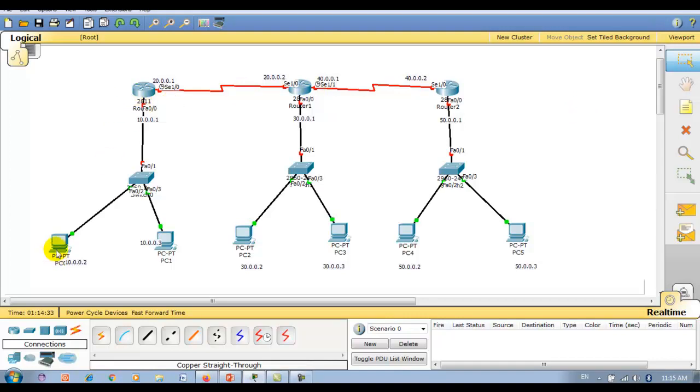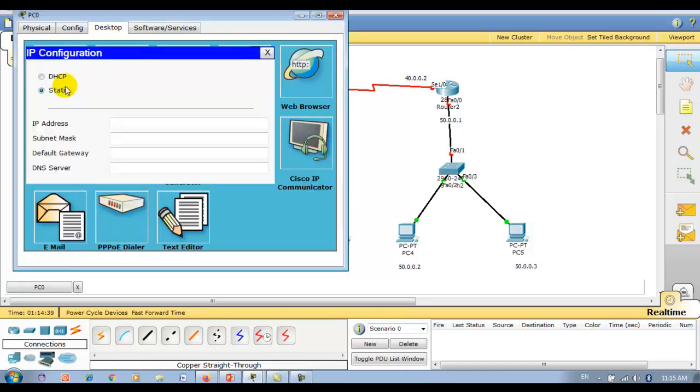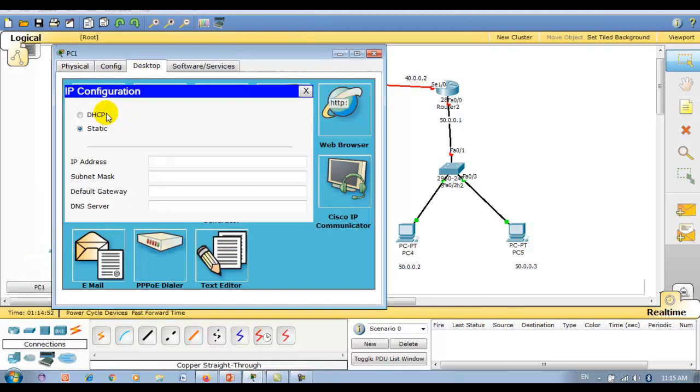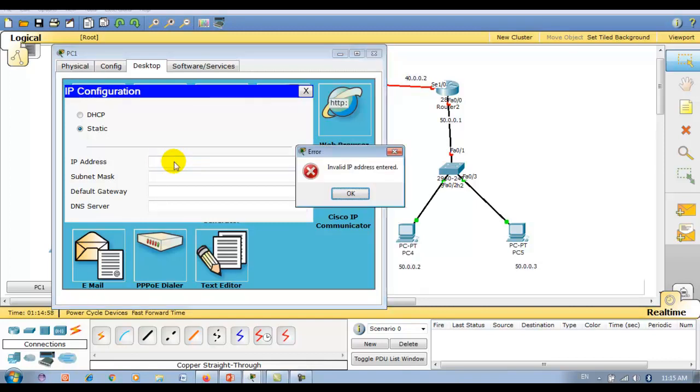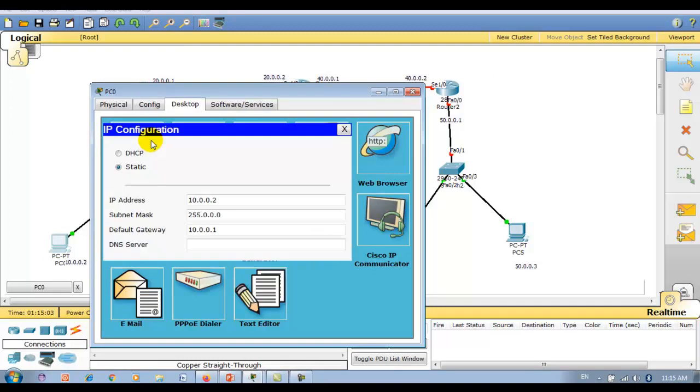Let me start from this side. Let me give the first addresses to all the PCs: 10.0.0.2 with gateway 10.0.0.1. Sorry, 10.0.0.3, let me show why it's wrong.